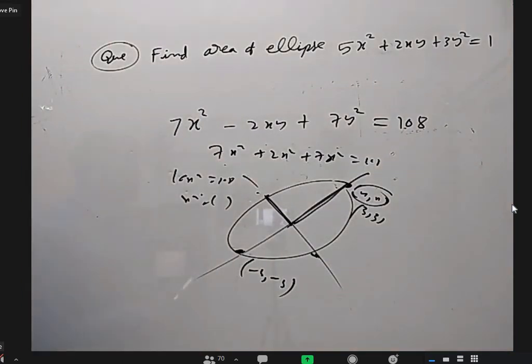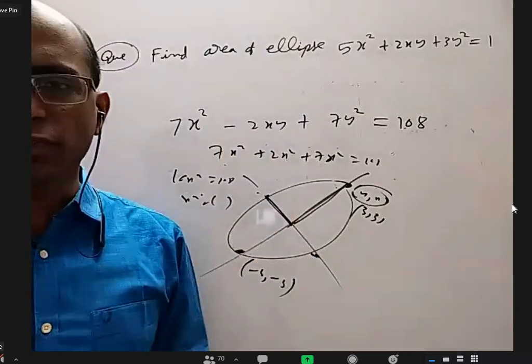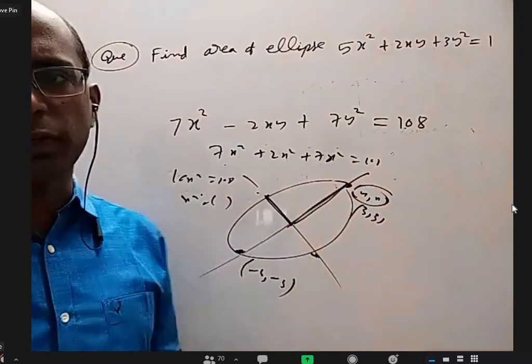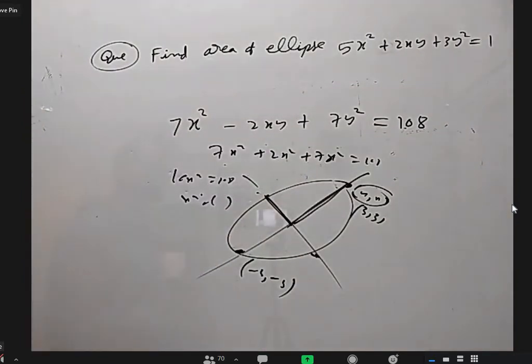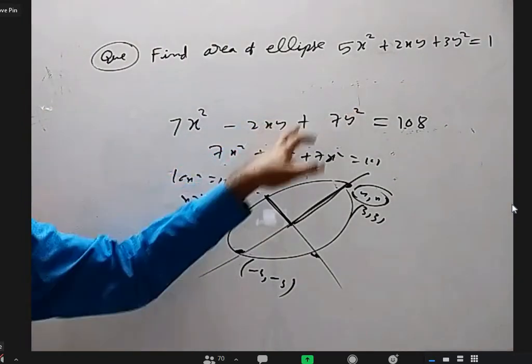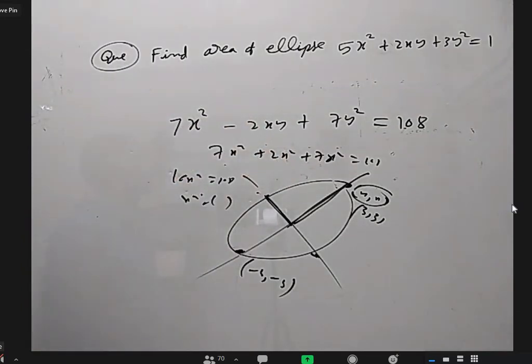Right? Here also I can do by r cos theta, r sin theta. I may understand when theta is 45 degrees maximum, theta is 135 minimum. I may understand that. But this is easier because you replace x with y and y with x, no change. Even though these 2 questions are quite similar, this is a little easier because of this, whenever x square, y square coefficients are equal. Is it all right?